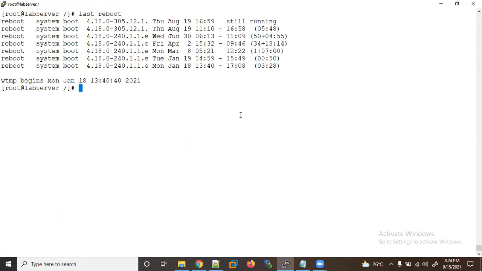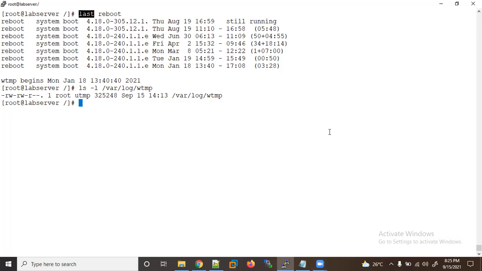So where is all this information stored? Actually, this information is stored in the backend. So it is one more interview question. People will ask you, when you run the last command, you get last reboot, but where is this data saved in a backend file? Where is the backend file? The backend file is /var/log/wtmp. It is a very important question in an interview, so please make a note of it. Again, with the basic commands, they will ask this question. You are executing the last command, where is the data stored? In a backend file, let me know the location. So they will ask you the location of this file.